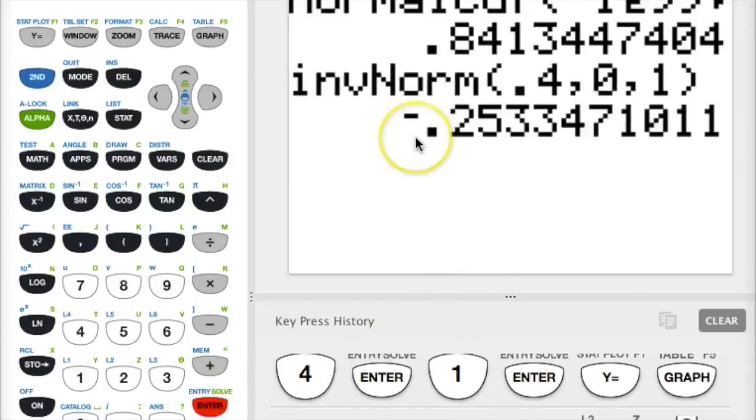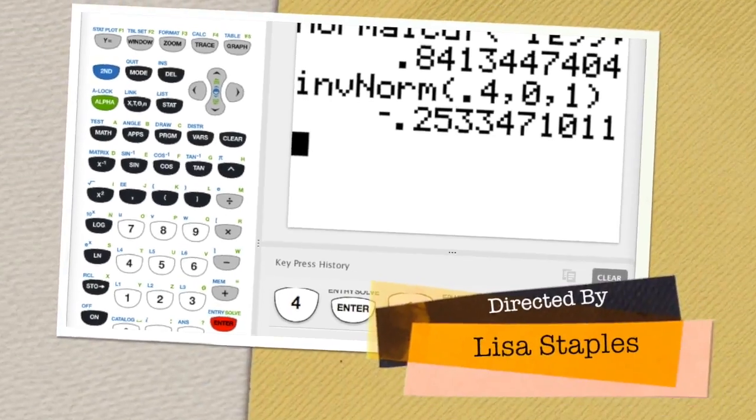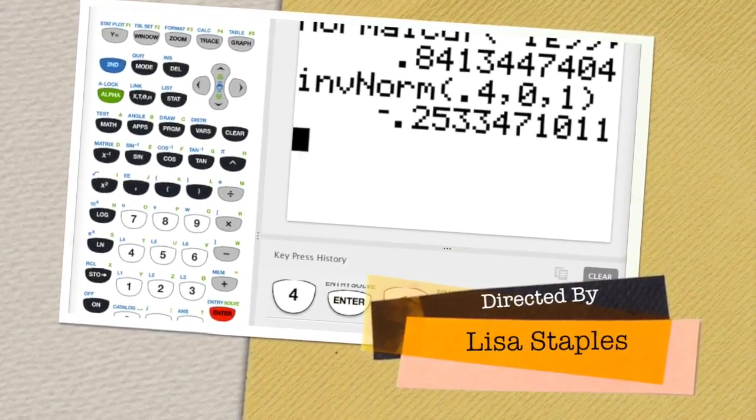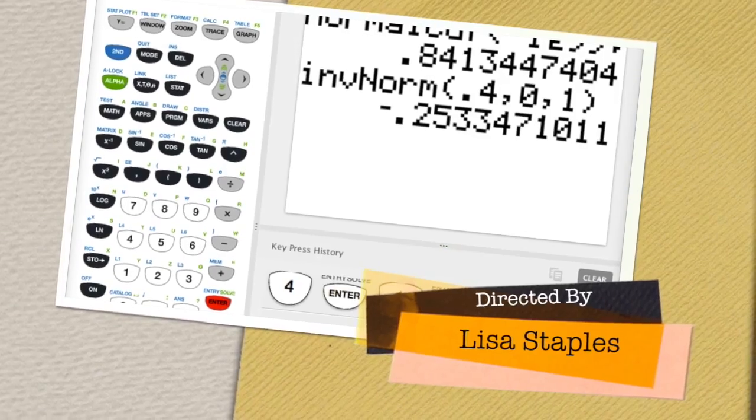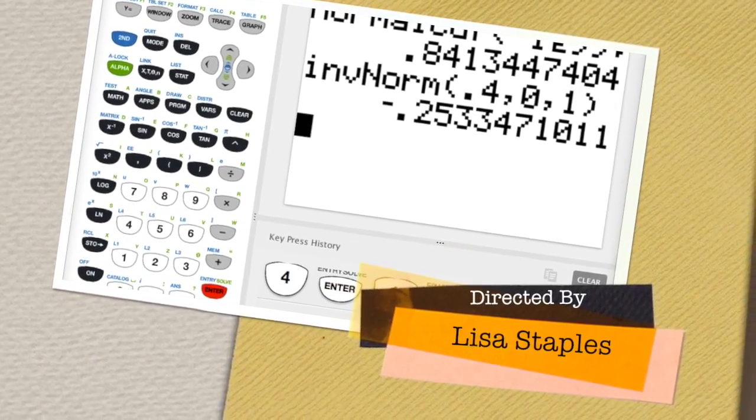And I want to find out what this value is. And notice the z-score is -0.25. So if you had a z of -0.25, from all the way to the left to that point, you would have an area of 0.4, okay? Or a percentage would be 40%, or the 40th percentile, right? Okay, so that's some information about the standard normal curve. It's very, very important, and I hope this